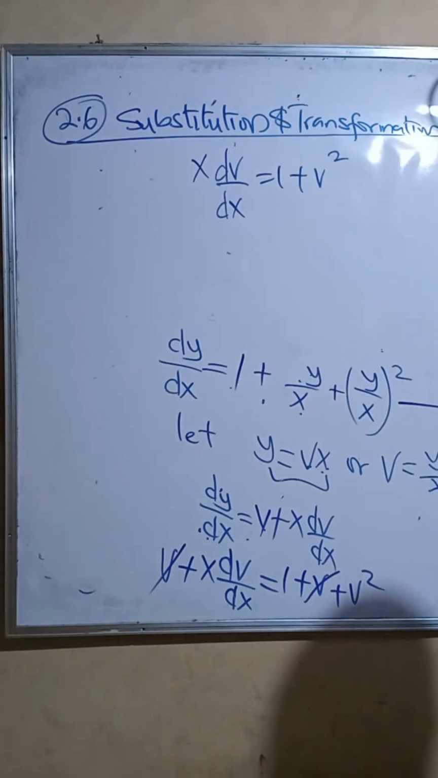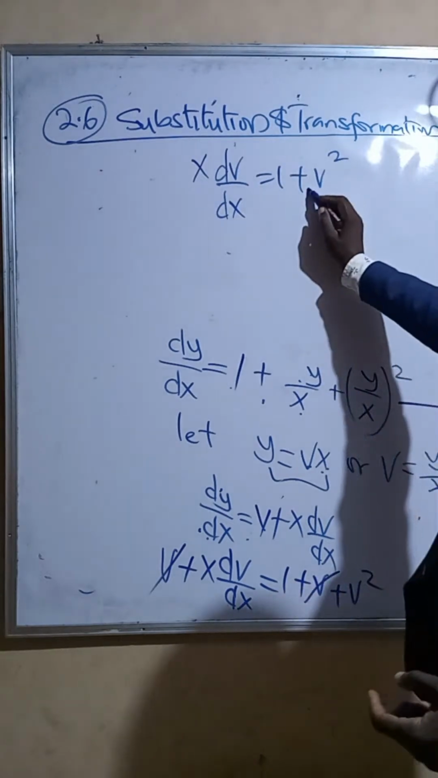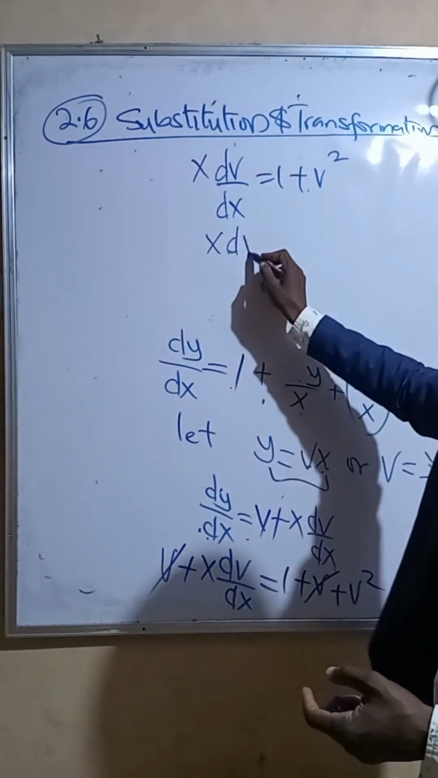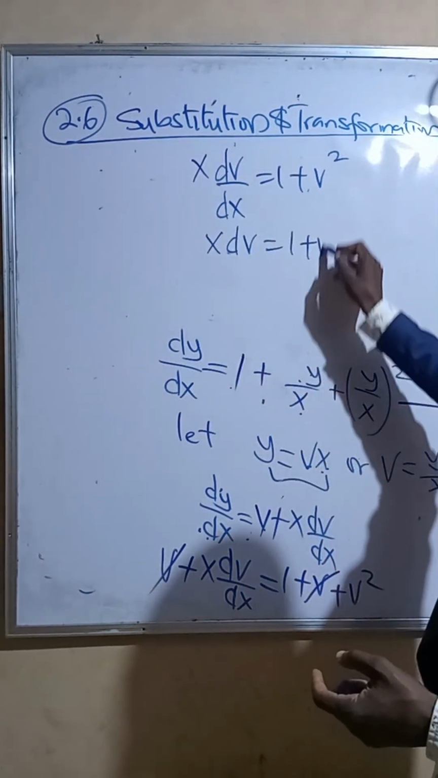Okay, 1 plus v squared. So what we're going to do now is remove this one from here. You can cross multiply, so that will be equal to what? x dv equal to what? 1 plus v squared